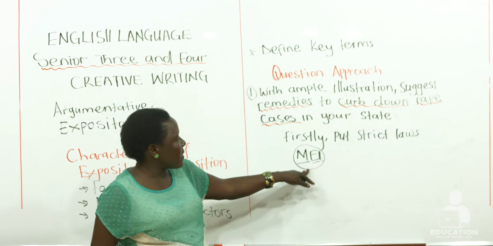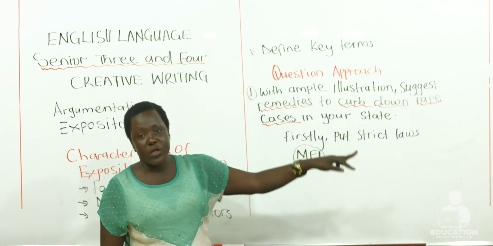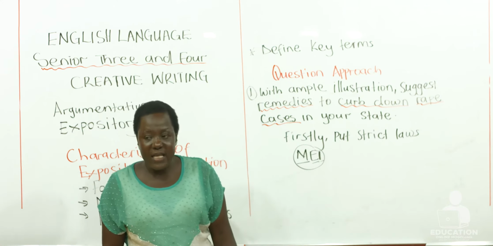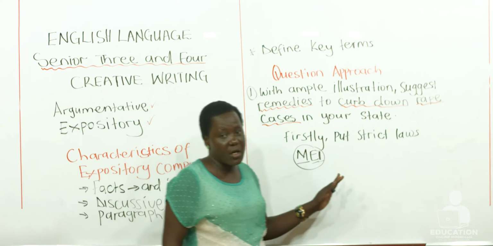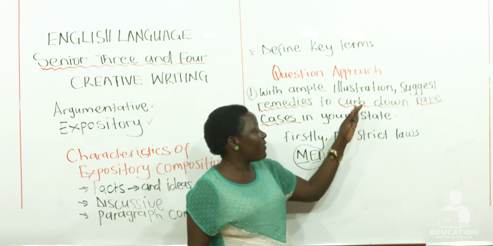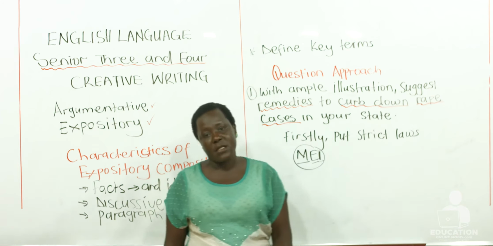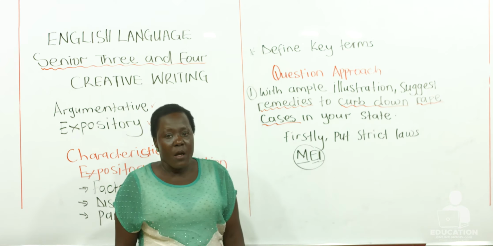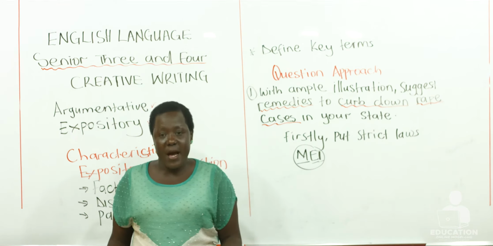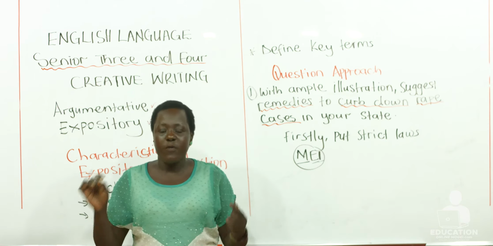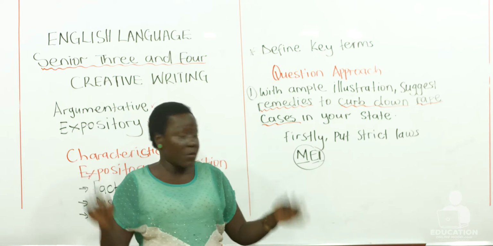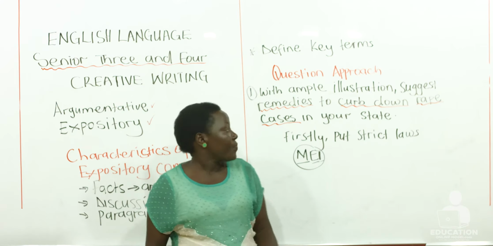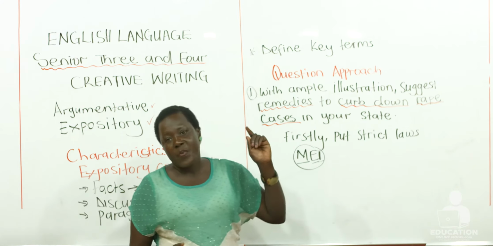Then you can come down and say, not only putting strict laws, but the government can also use sensitization as a means of curbing rape cases in my state. People should be sensitized about the dangers of raping women or men, because we say rape is not only for women. Then you say, for example, if